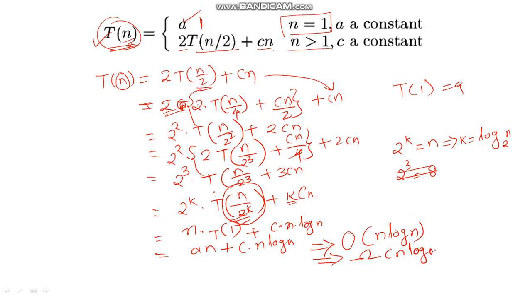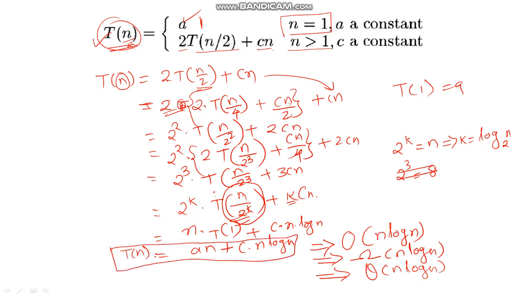Again, you can go to my that video. In the average case, it will be theta of n log n. Again, you can go to my that particular video. In that, for any equation, I have explained which is the higher growing function. In this particular equation, one function is a into n and another function is n into log n. So if this is a graph, n will be growing linearly and n into log n will be going faster than this. So the complexity of this particular algorithm is n into log n.